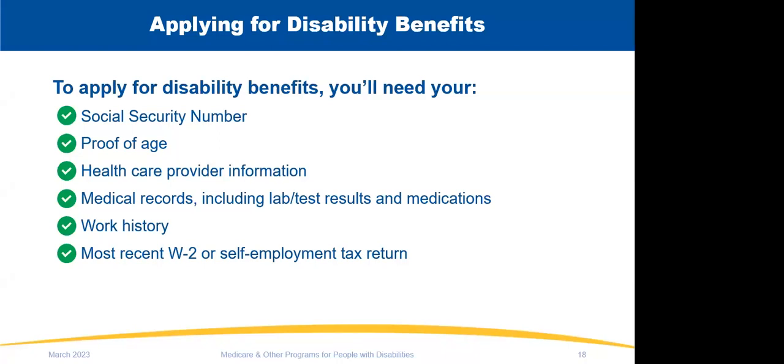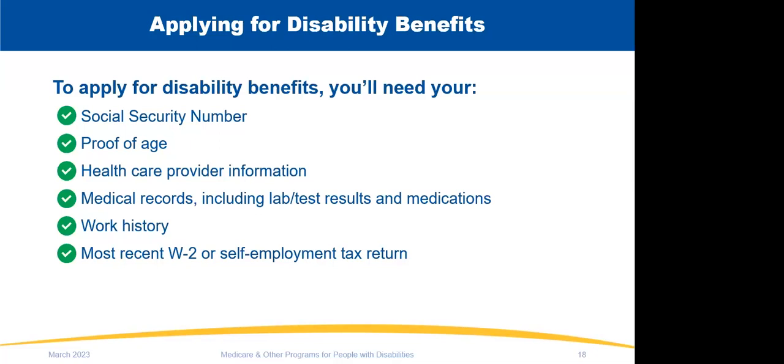So in preparation for the application process, individuals need these things that you see listed here. They need to know the Social Security number, have to have a social. We don't need to see proof of age, but we do need that birth date in the application. We see if it matches what we have in our system. If it doesn't, then we'd recontact to see if we need something. But most times it is matching for us.